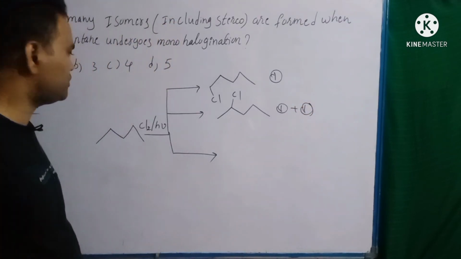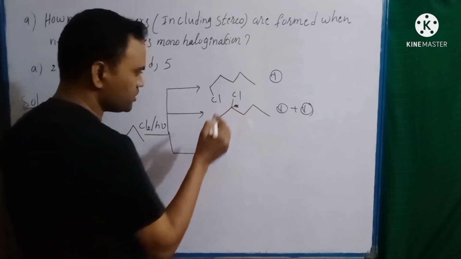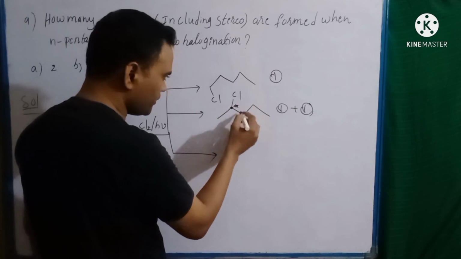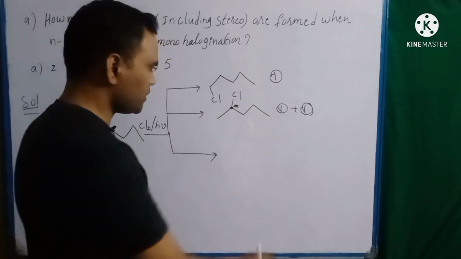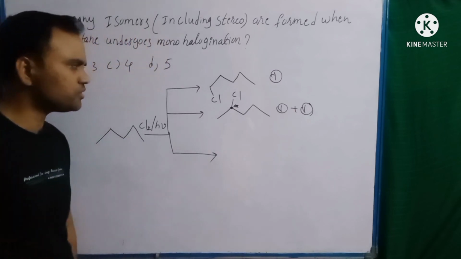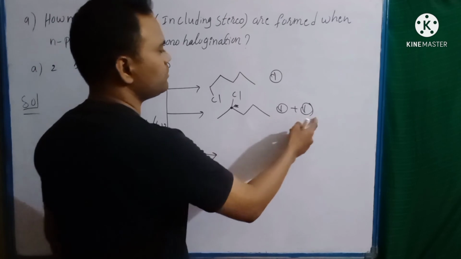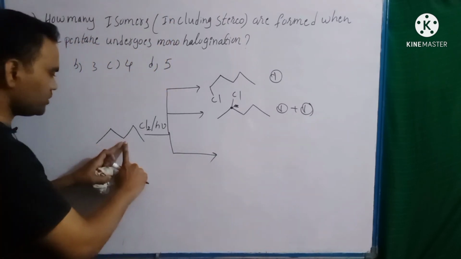How is it possible? See, here attack gives formation of chiral center, chiral carbon. See, this carbon is surrounded by 4 different groups. This is 1, 2, 3 and hydrogen 4. So here chiral carbon formation is taking place. So we have to consider enantiomeric pair. So 1 plus 1, 2 compounds formation will take place, and attack on this carbon